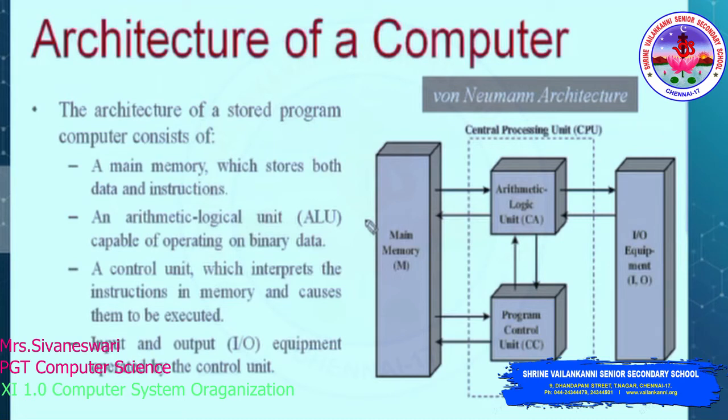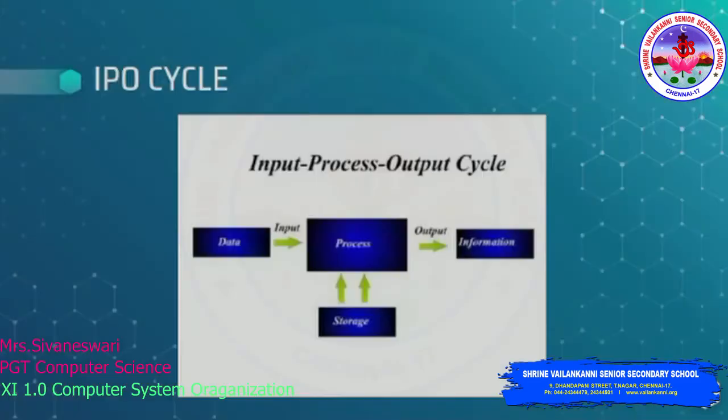So what happens in von Neumann architecture? A computer receives data and instructions through input devices which gets processed by the CPU and the result is shown through output devices. The main or primary memory and the secondary or auxiliary memory are used to store data inside the computer. The main memory holds the input and the intermediate output during the processing. So this is how the architecture of the computer is explained.